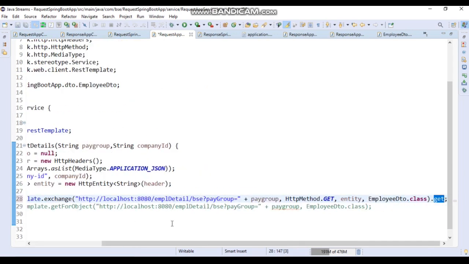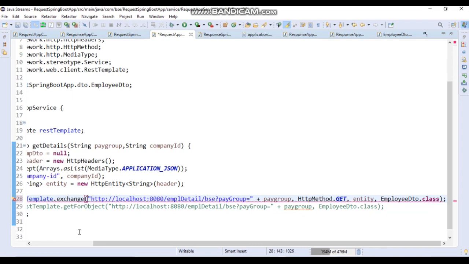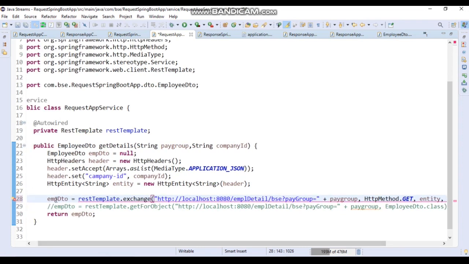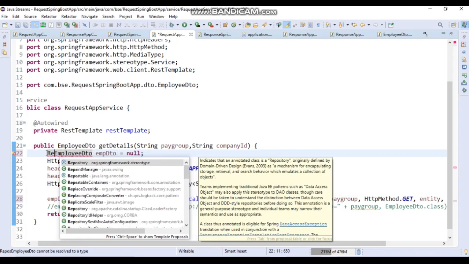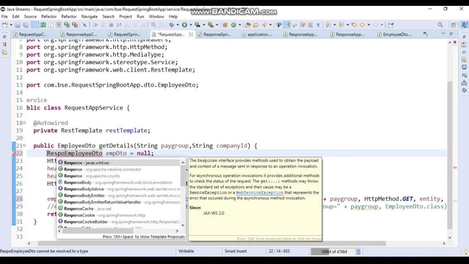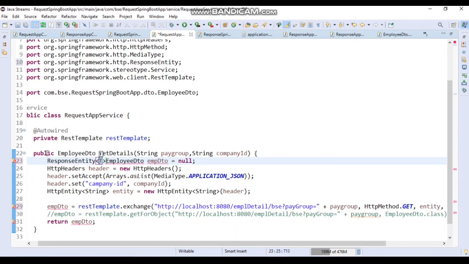Or we can do it this way also: we can remove it, and we can say this is the response entity, then we can directly say from here dot get body.